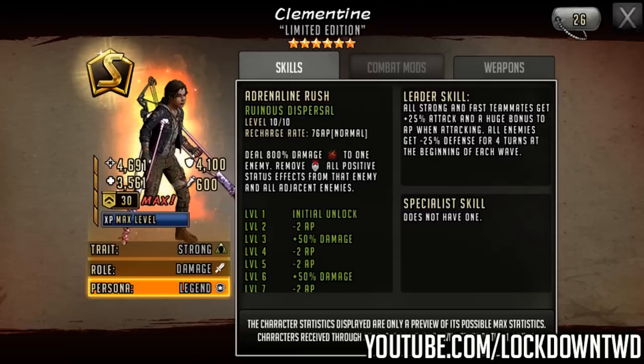And I think this is one of the strongest leader skills in terms of how many things are getting done. Huge AP, attack bonus, and a defense down. I think the only character that does 3 things is Lao Po and Pete, who give HP, defense, and AP on defense. Both of them do the same defense skills. So this is a really nice leader skill,